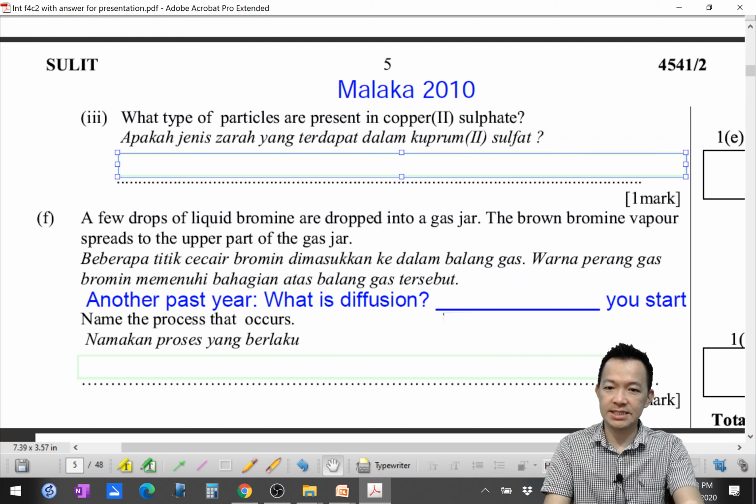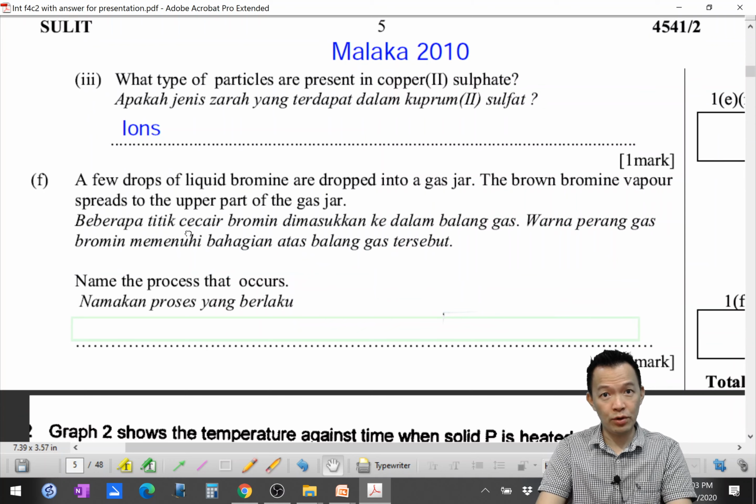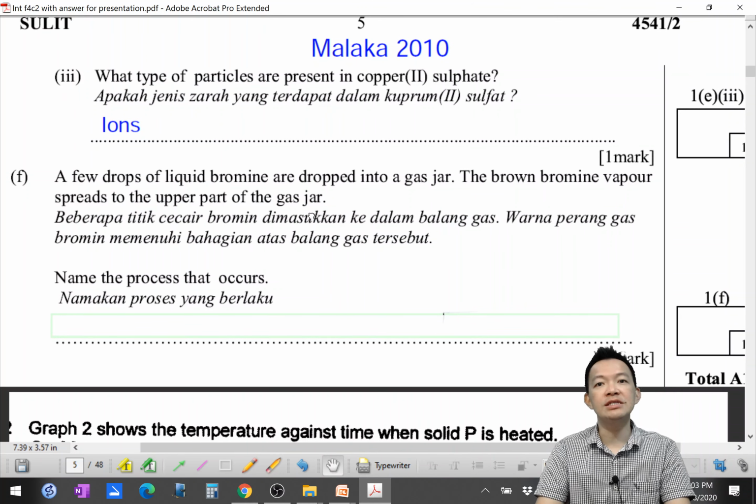So the particles inside actually are called ions, 就是离子了。OK, 不会请读书，时间还有很多。